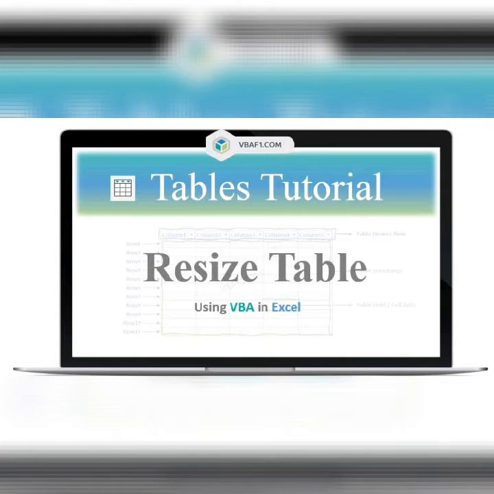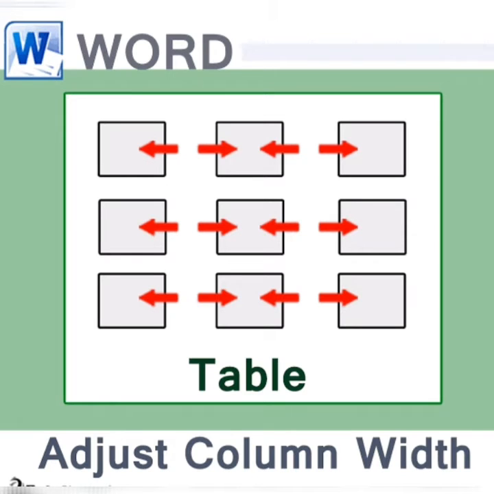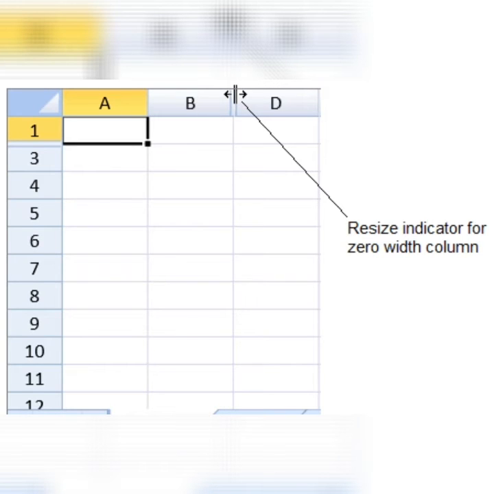Now children, resizing means we can make it large or small according to our own need, and this is known as resizing the column. For resizing the column, first we have changing the width of a column. Step 1 is to place the mouse pointer on the right border of the column whose width is to be changed. Clear? Now the mouse pointer changes to a double-headed arrow, you can see over there.